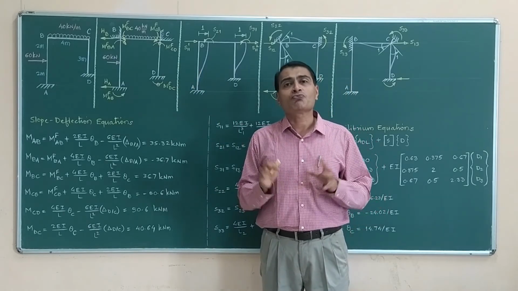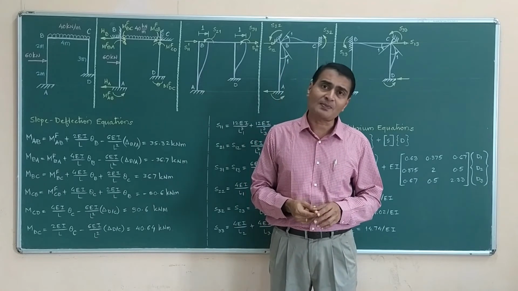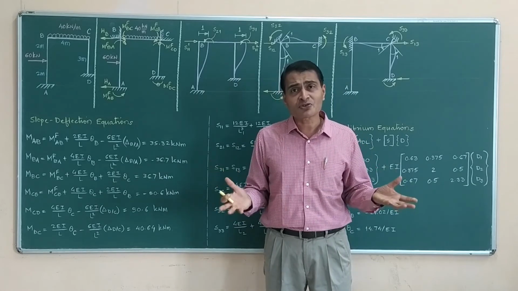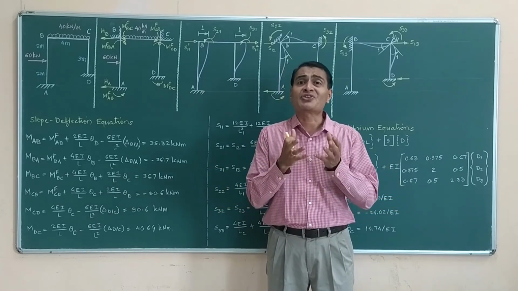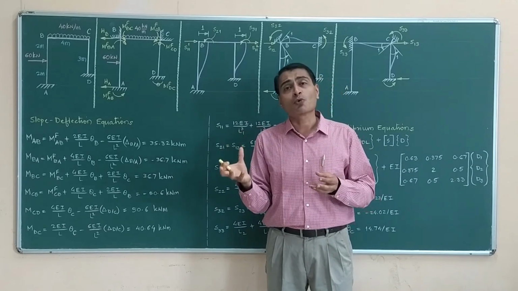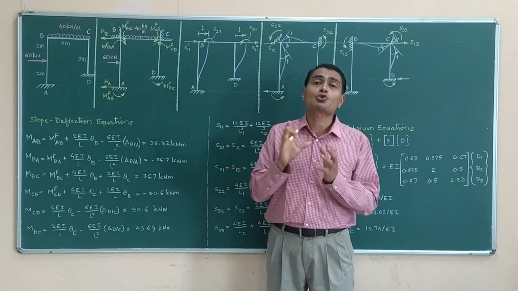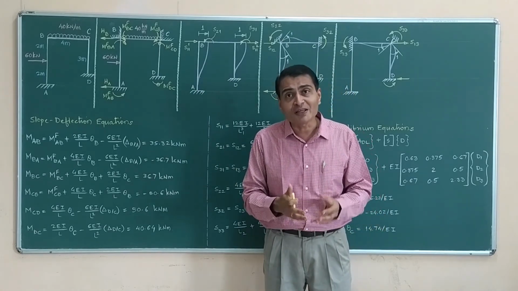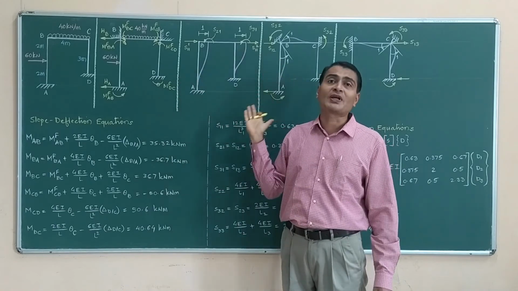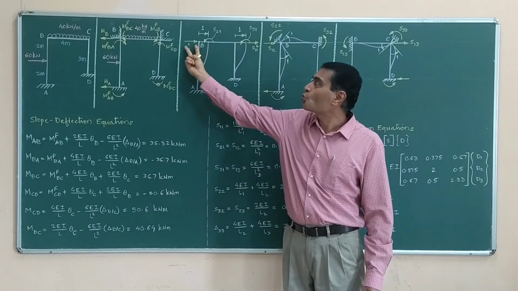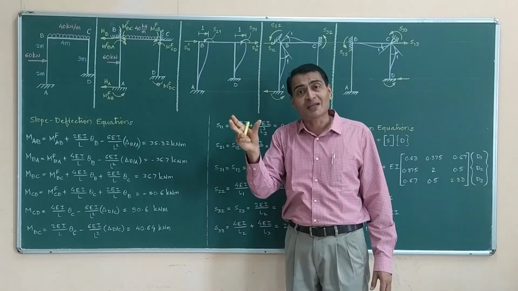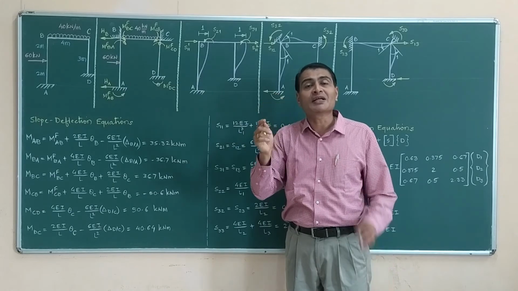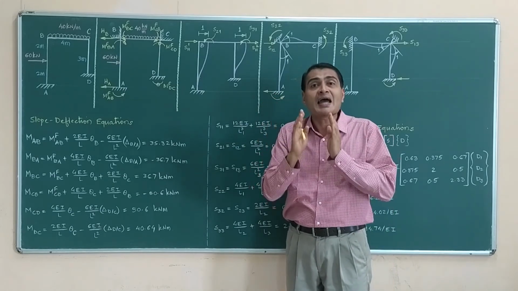And with this we have finished our stiffness method concept. We started with continuous beams, we discussed a few simple problems, then we discussed continuous beam with sinking of support, with overhanging portion, then last lecture we discussed non-sway frames, degree of kinematic indeterminacy 2 as well as 3, and today we are discussing a sway frame, and here how this node 1 represents sway. Node 1 is not a point like A or B or C or D, it is representing sway of BC.